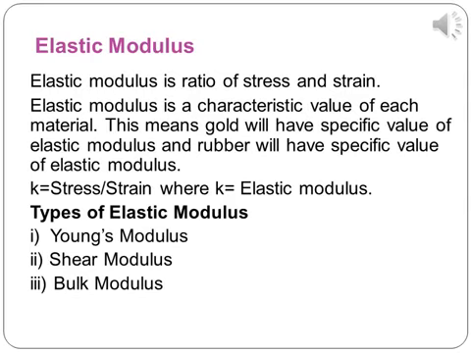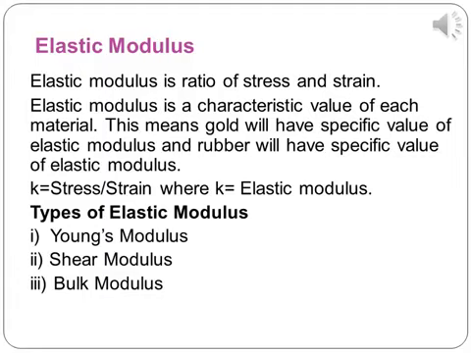What is Hooke's law? Hooke's law states that stress is directly proportional to strain, or stress divided by strain is a constant. This constant is the proportionality constant. It is also called elastic modulus. That is, elastic modulus is the ratio of stress to strain.